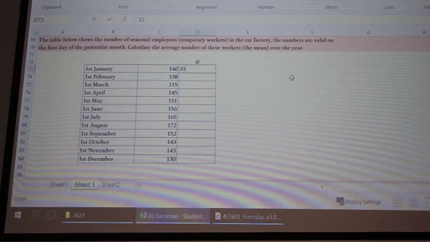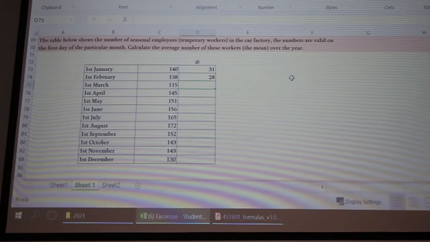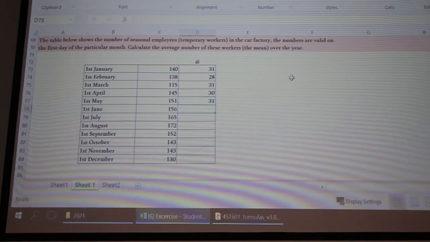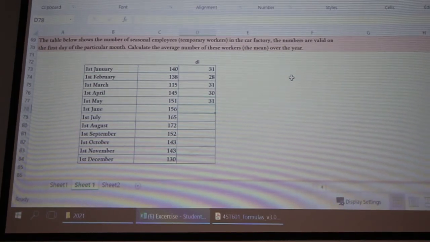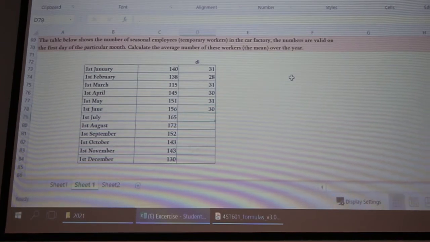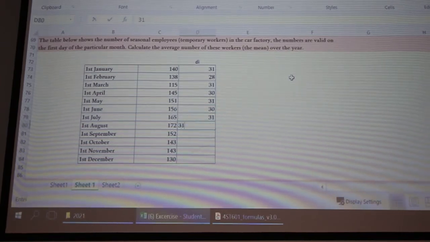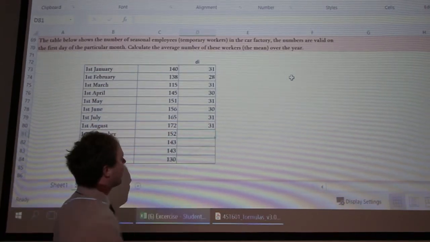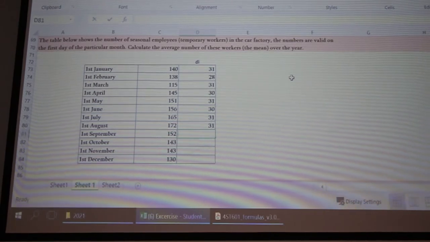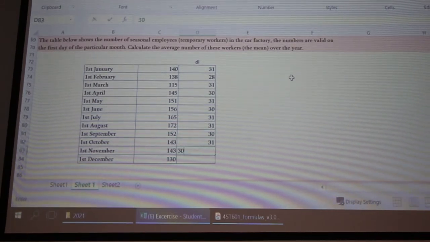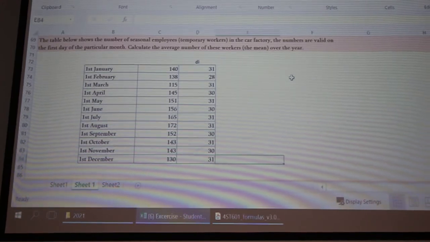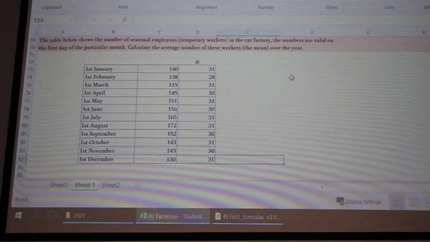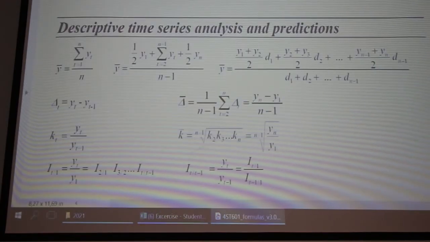Yes, so 31, 28, 31, 30, 31, and there we have June, 30. Then 2 times 31, yes, during the holidays, July and August, 31, 31, and after that again we are changing: 30, 31, 30, 31. Yes, so the number of days. And now we will use the formula which was written